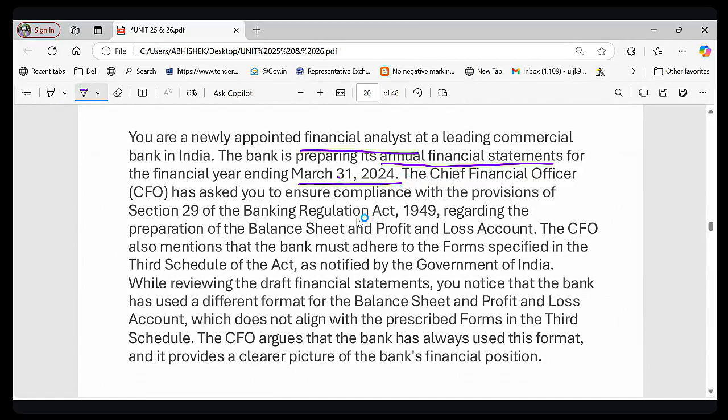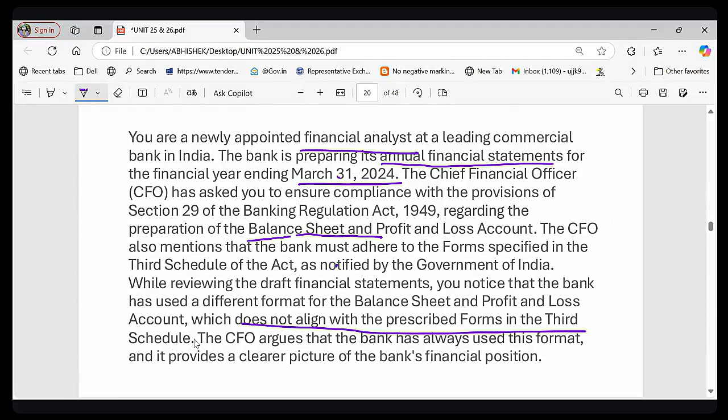While reviewing the draft statement, you realize that the bank is using a format for preparation of balance sheet and profit and loss account that does not follow the prescribed form, right? So the format that the bank is using does not align with the prescribed form